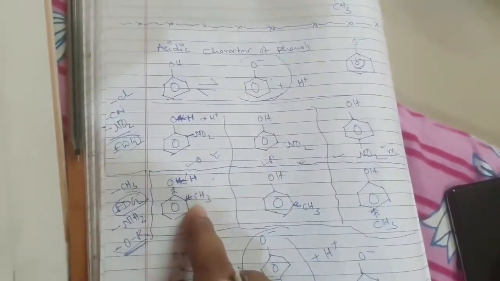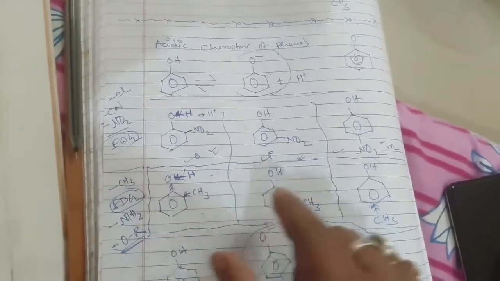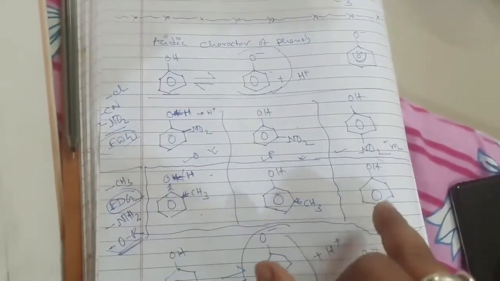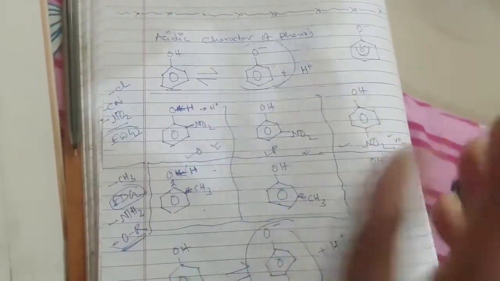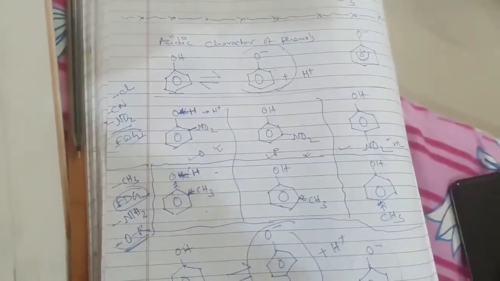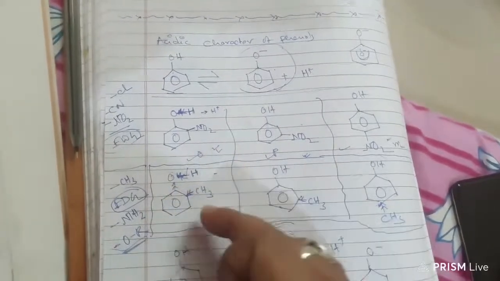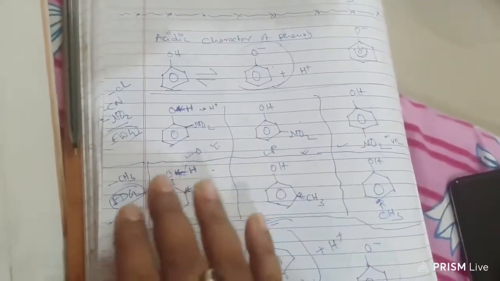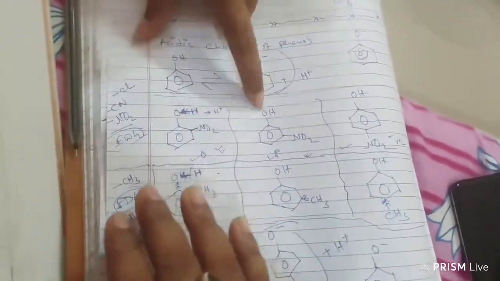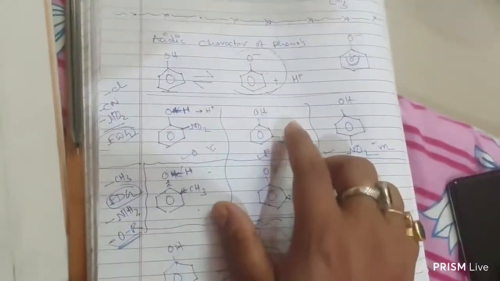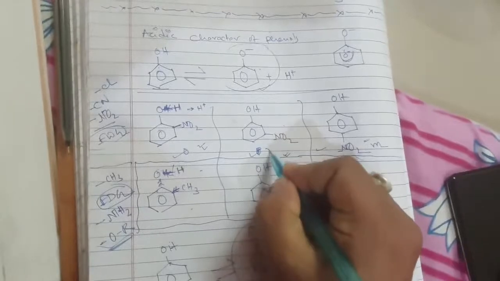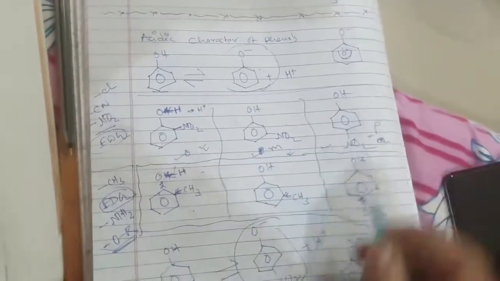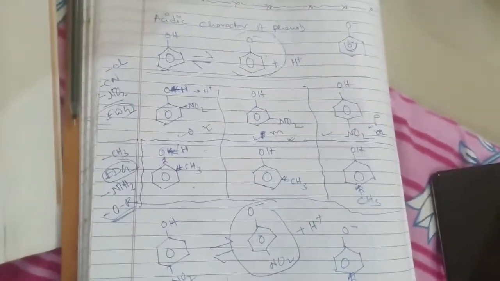And the presence of electron donating group, methyl phenol, orthomethyl, metamethyl or paramethyl phenol, whatever is there, these electron donating groups destabilize the electron density. This one is meta, right? This one is meta, yeah. Sorry, that was my mistake. Okay, anyway,